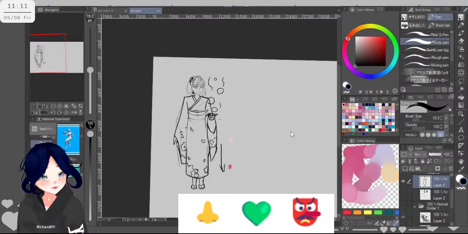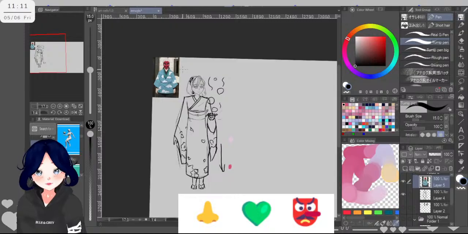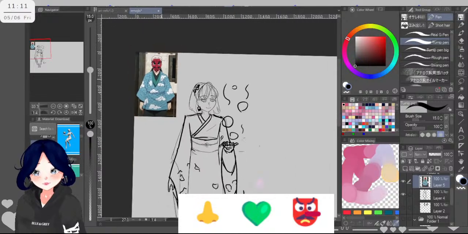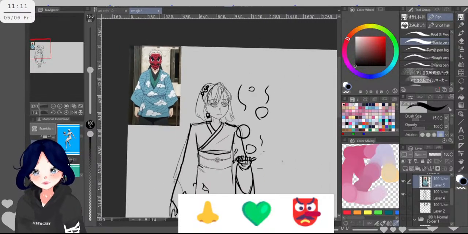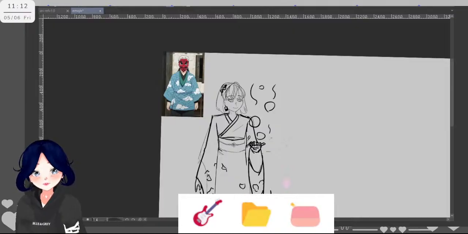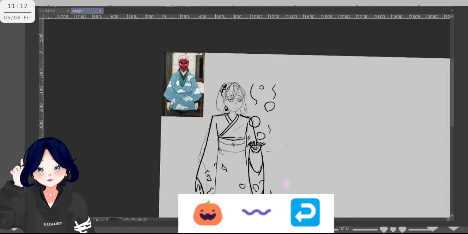I'll try to remember not to press the switch screens, because that's currently what seems to be causing it. So I was thinking maybe also going for this, but I don't know. I forgot. Here, let's try again. Okay, maybe keep it to emojis.